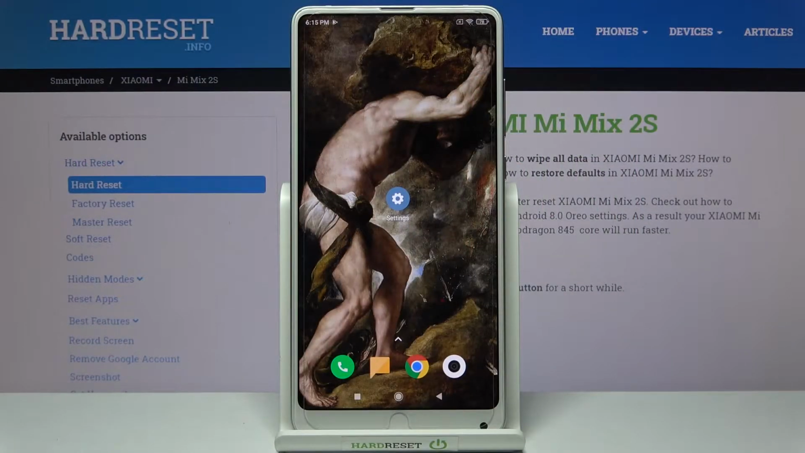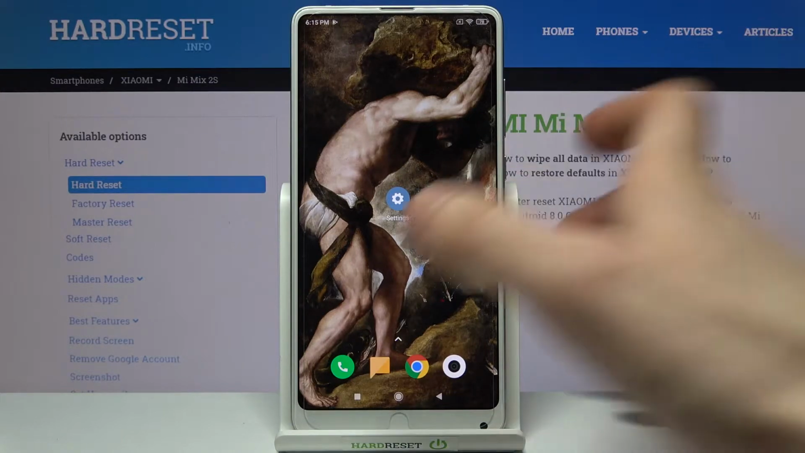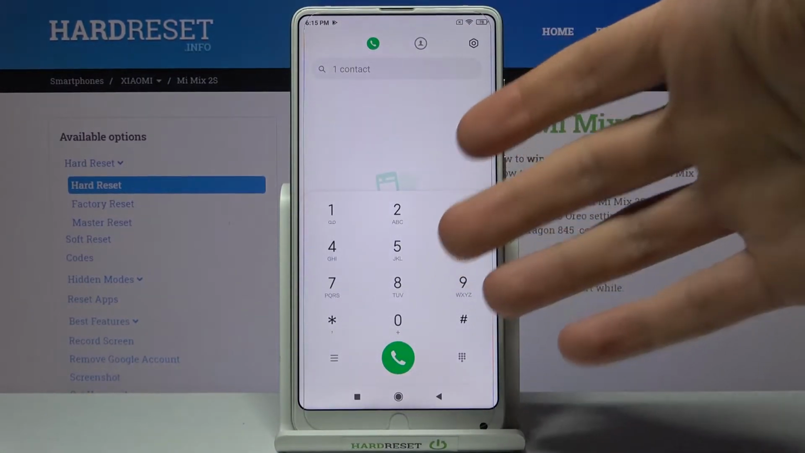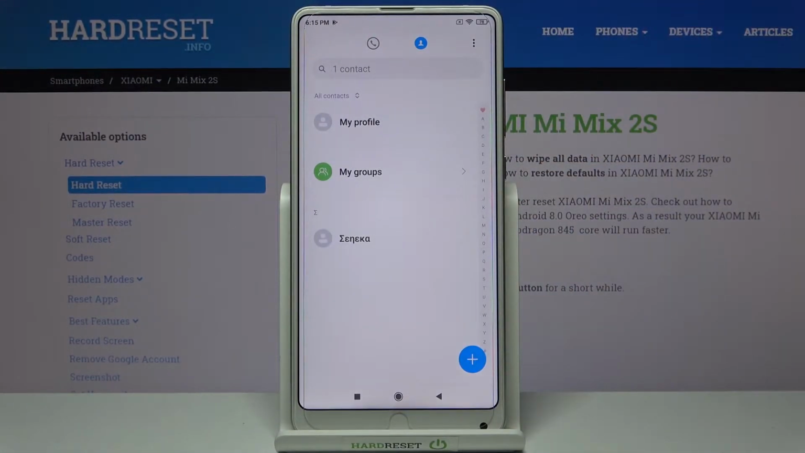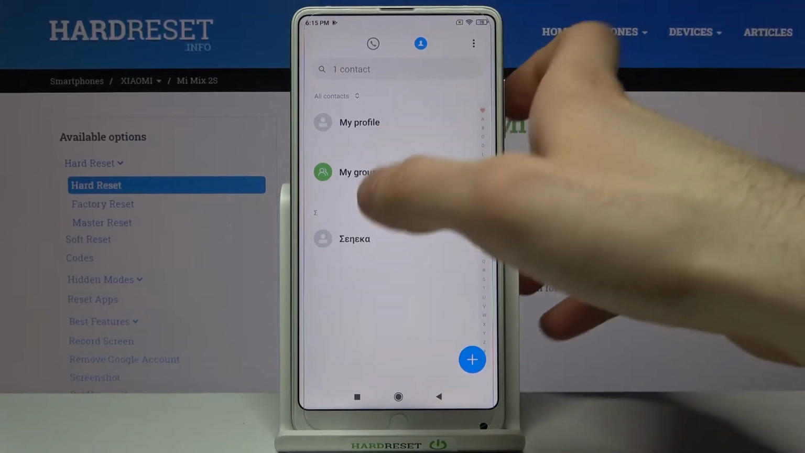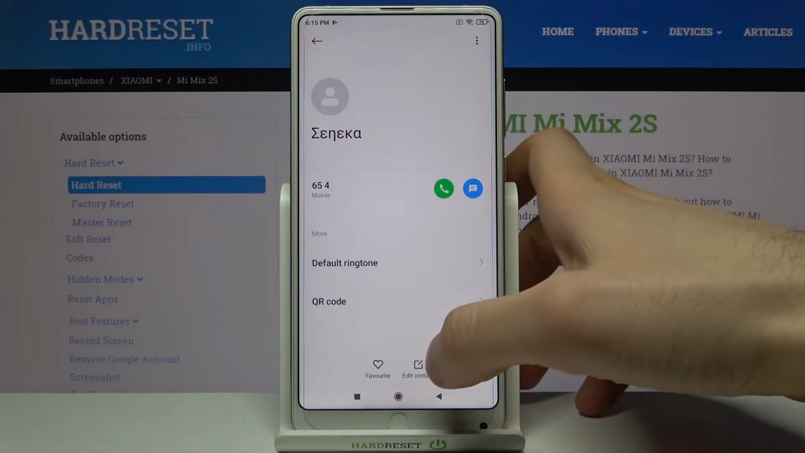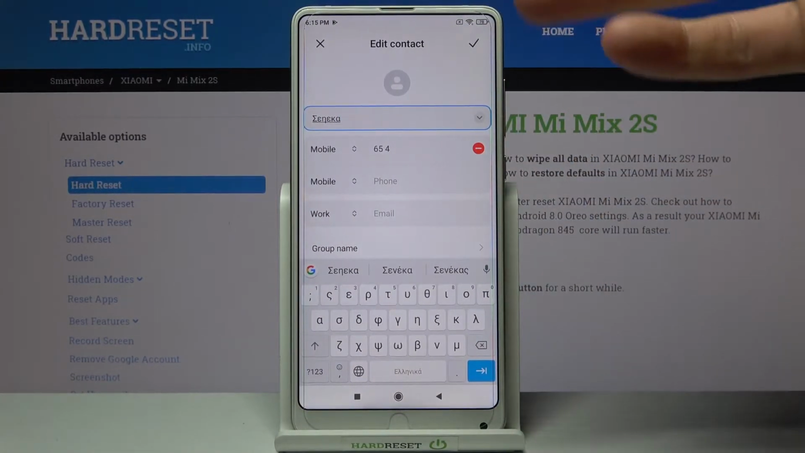Here I have XIAOMI Mi Mix 2S, and today I'm going to show you how to add a photo to a contact on this device. So firstly, you will have to open your phone application, then go to the contacts, then you have to select the contact you want to add a photo to, then tap edit contact, then to add a photo tap on